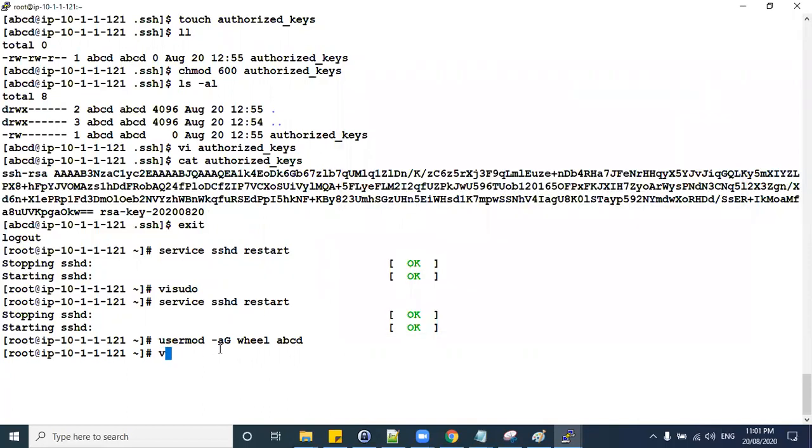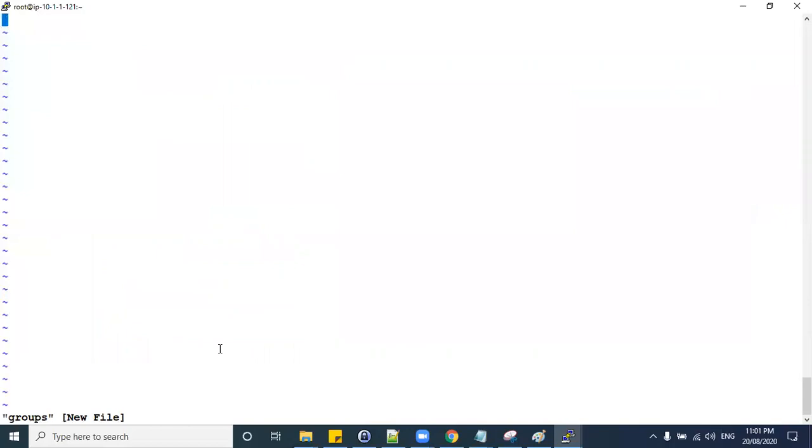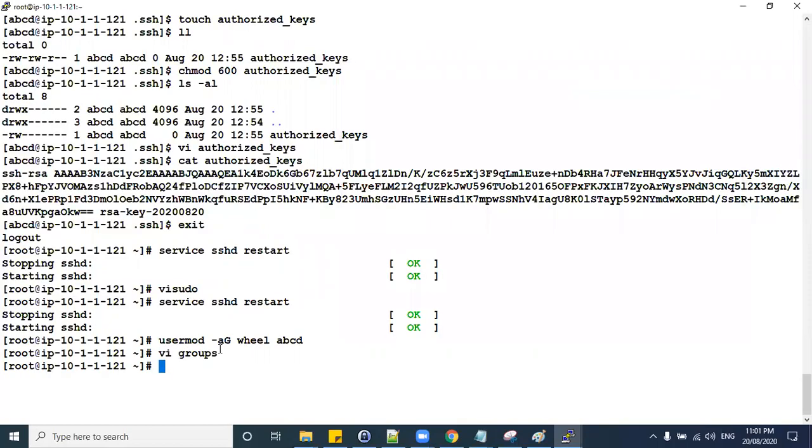And can't we use the single key pair which is generated by default? See, the default key pair you can use for the default user. But if we are trying to use a key pair for a specific user, for example ABCD, you want to create a public and private key for this user. You cannot use the private key which was created for the root user. That's what we are trying to do.